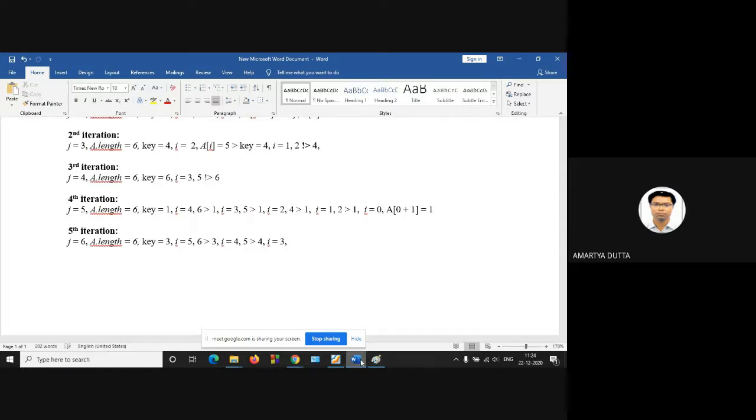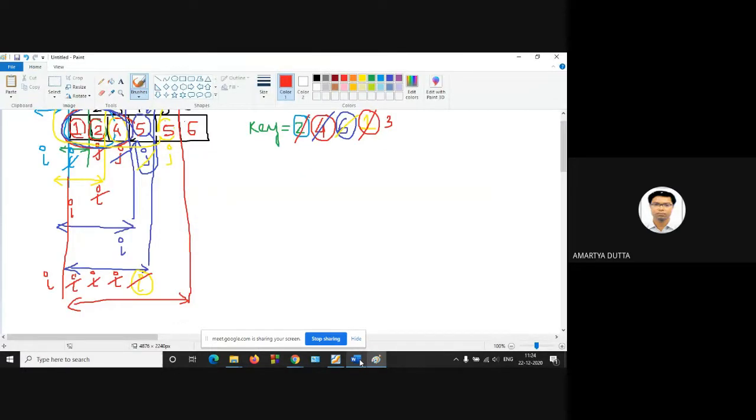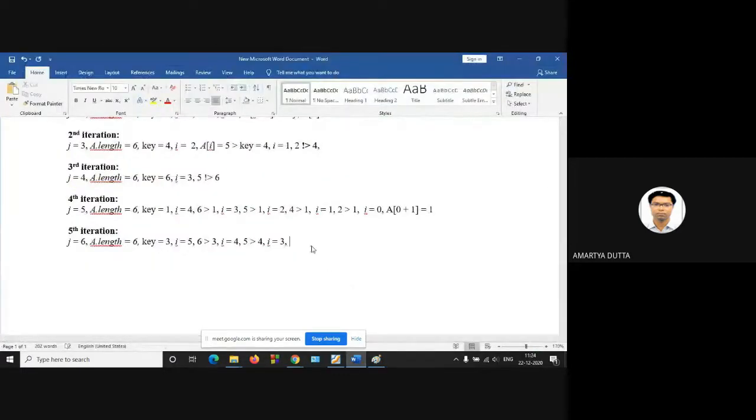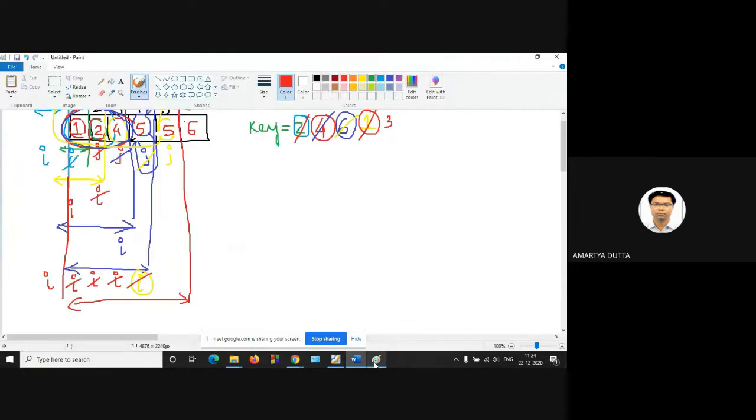At position 3, the value is 4, a of I is 4. So 4 is greater than your key value 3.